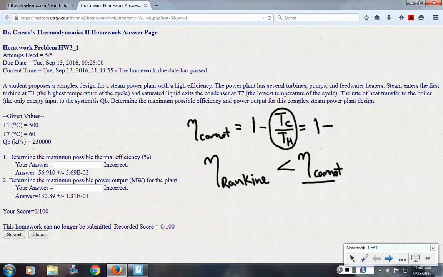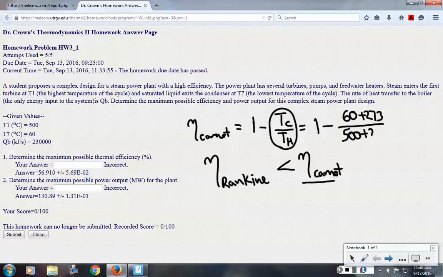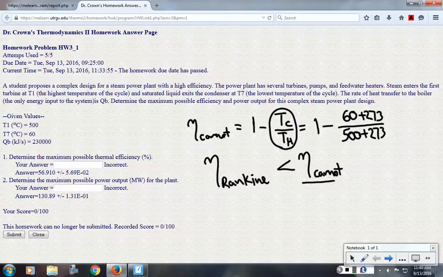So T cold would be the 60 degrees, and T hot 500 degrees plus 273 to express it in absolute temperature, Kelvin in this case, and then we get a maximum possible efficiency where it shows here, and the answer is